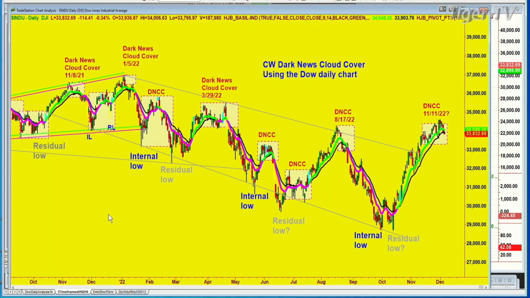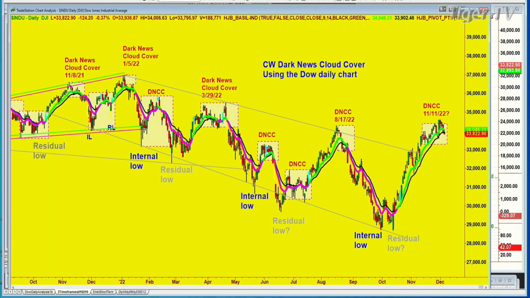So here we go. Internal low, residual low, that's how the Dow made that lower low and had that screaming move to the upside. Fortunately, we were long from the day after the low. We were long a few days before, and each time we kept taking a little bit of profit or a tiny loss, and eventually we got back in, and we've had that for the day after the low, which has been a fabulous move. And then we also got the 3 times long.